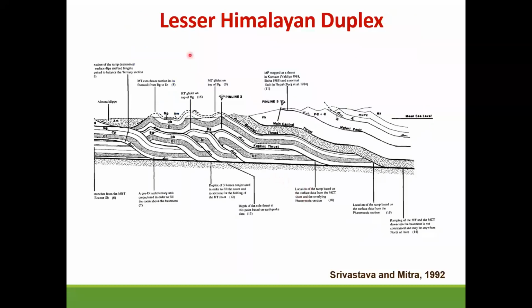Okay, and so one of the earliest reports of a duplex in the Himalaya was by Praveen Srivastav, and he actually did not see this duplex exposed in the field, but in trying to mass balance, he needed to put in this structure to make sure that it restored to its original form best, which is called balancing if you are in structural geology.